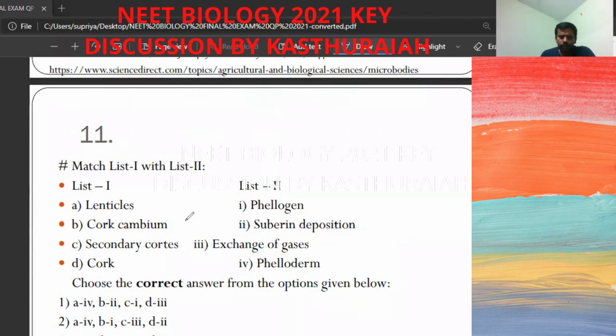Now see the lenticels, exchange of gases, right? This is the third option. Cork cambium, that is phellogen, 1. Secondary cortex, phelloderm, 4. Cork, suberin deposition, 2. See here A3, B1, C4 and D2. See here, this third option is the correct option for this question, right? Okay. Then see another question,